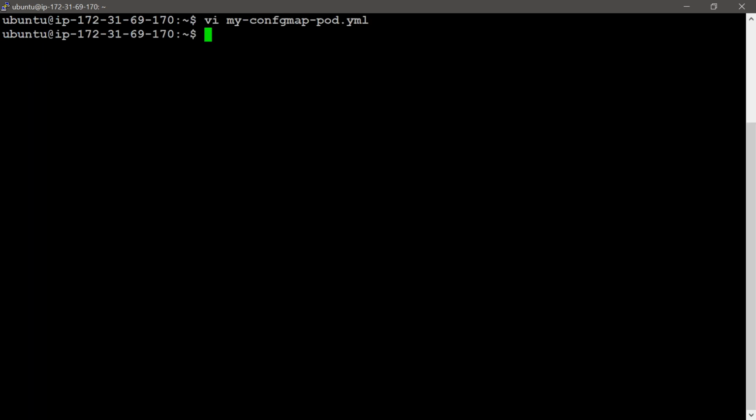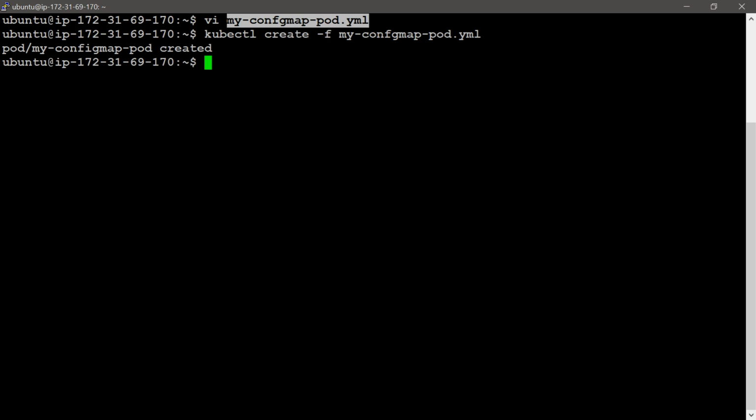Now I will create this pod descriptor. For this, kubectl create, then the -f flag followed by my-config-pod.yml. The pod is created with the name my-config-pod.